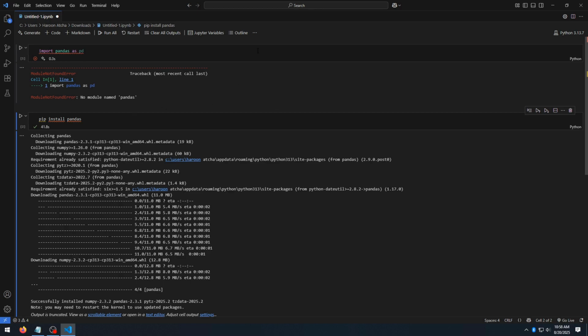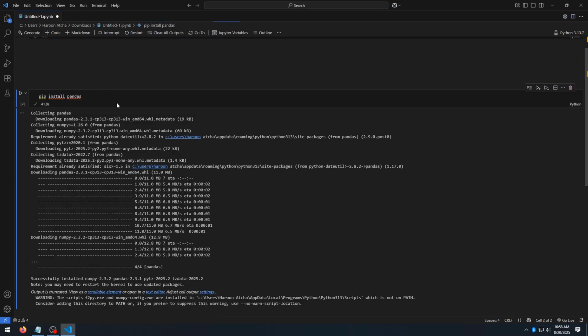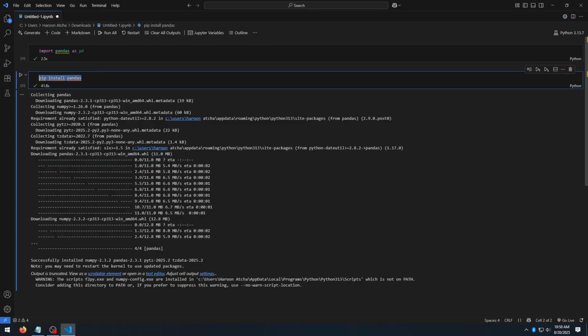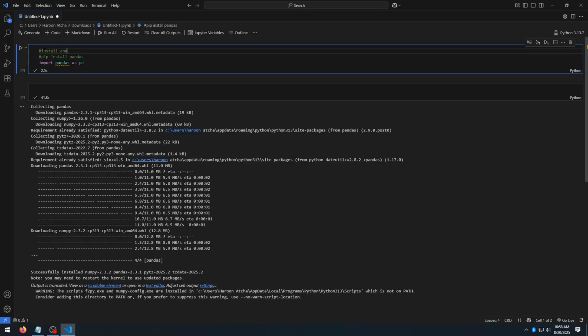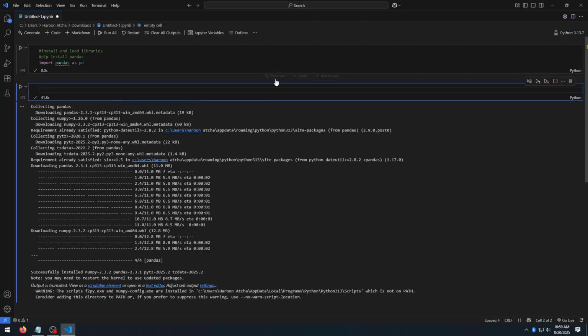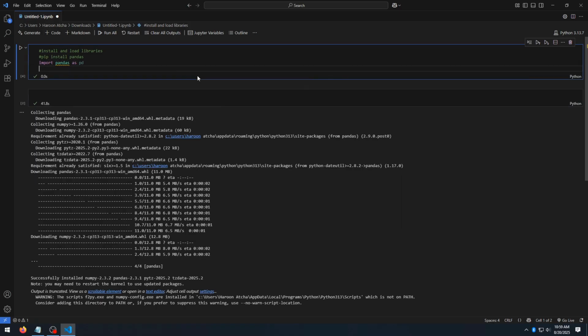Instead, if we organize our code into cells, we can do a couple of things. For example, now that our install is done, I'm going to put this here, and I'm going to comment it out, and I'm going to say install and load libraries. Just going to run that. Now pandas has loaded. We'll see later on the benefits of doing this, and I'm going to also import